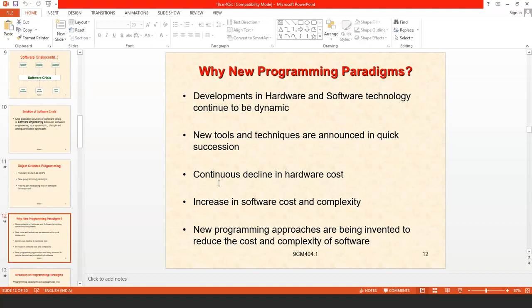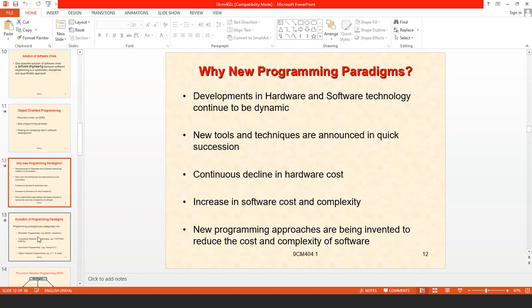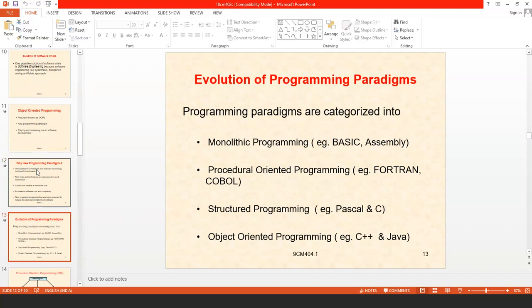In order to reduce the software cost and also the complexity of the software, we require new programming approaches. These are some reasons why we need to go for new programming paradigms.